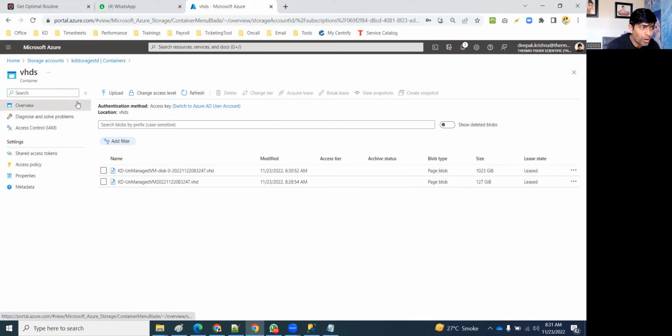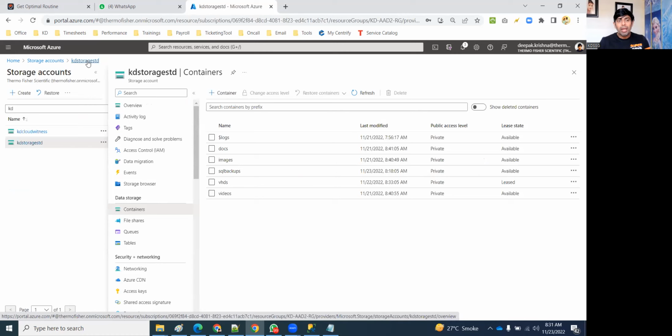But first, we are almost done with the surface level discussion. Any questions? Just look at it one more time. We discussed storage accounts first. Storage accounts have a 5 petabyte limit. How many storage accounts can you create in one subscription? Maximum, these numbers you have to note down: 250. In one subscription, 250 storage accounts you can create at maximum. One storage account's maximum size is 5 petabytes, 5 PB. Okay, sir? Done.